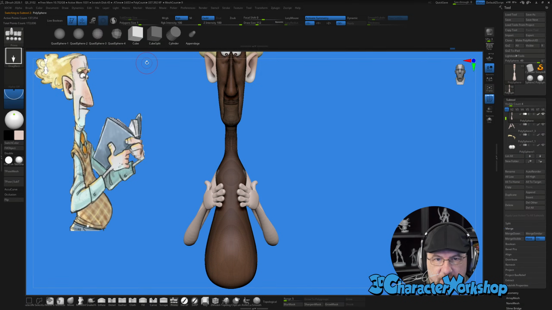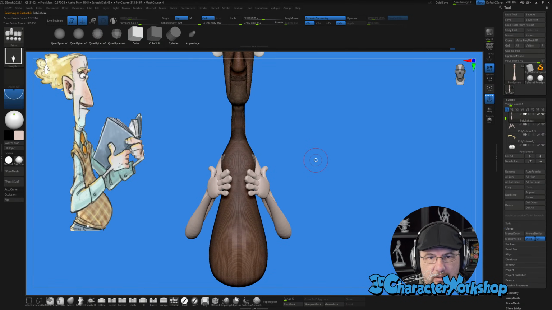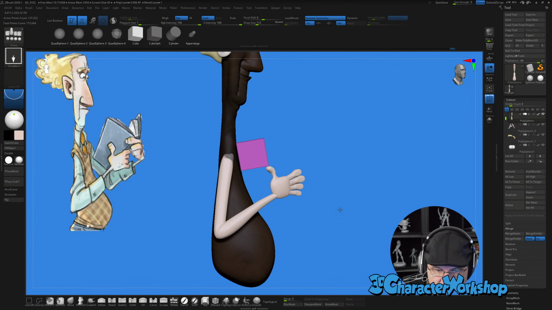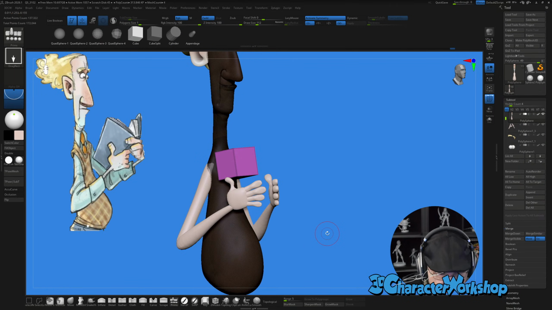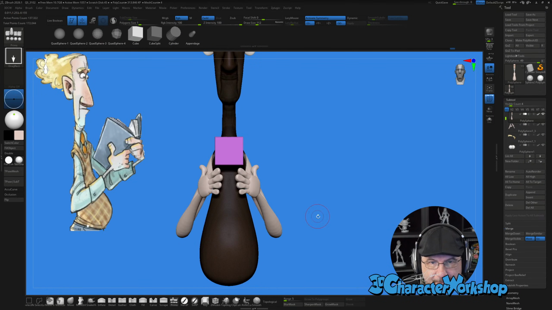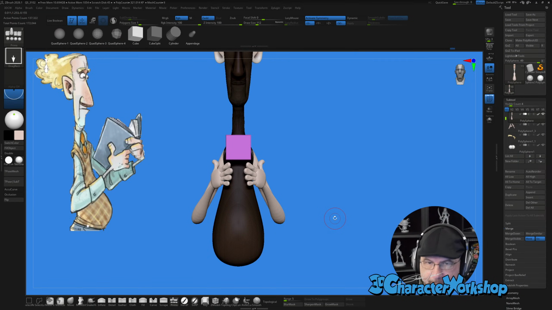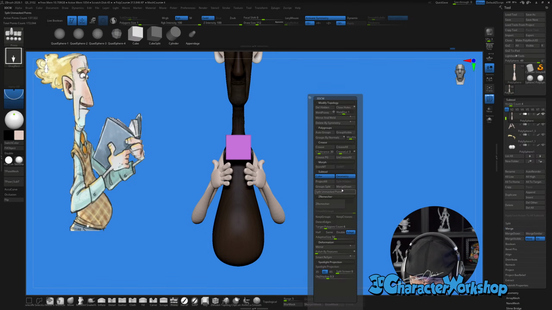I'm just going to do a cube. And then just kind of drag it out like this. And then I'm going to split unmasked points.